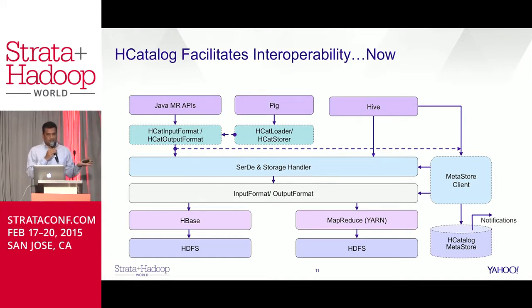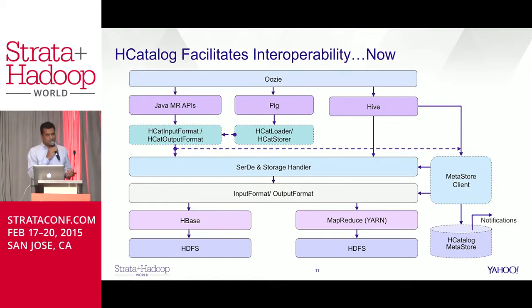You have a single SERDE per record format that you deal with, and the storage handlers allow you to abstract out the storage format details and the locations of the files. So that's what HCatalog is, and Oozie worked just the same way. The security aspects of the platform with Hadoop Kerberos works the same way. You get authenticated against the meta store, as well as you have delegation tokens if you have long-running MapReduce jobs, okay? So nothing changes. You just open up the Hive meta store for other tools with client libraries around it,